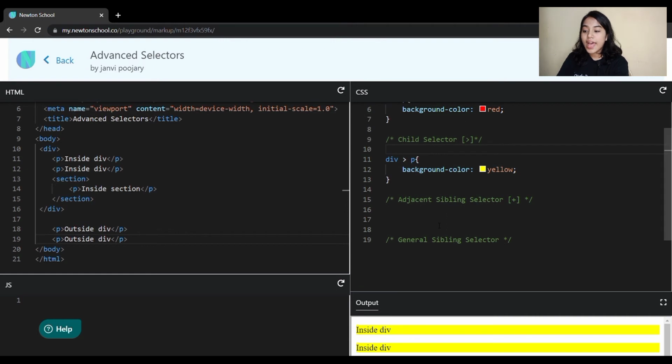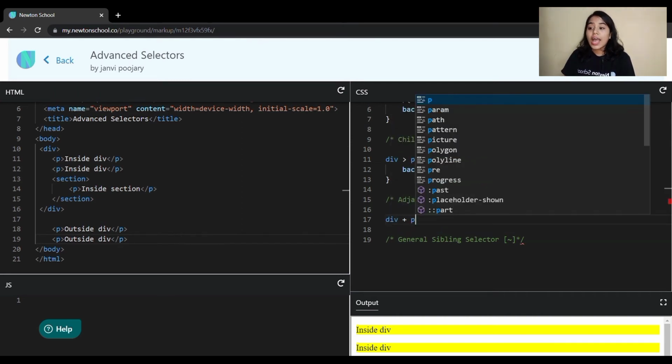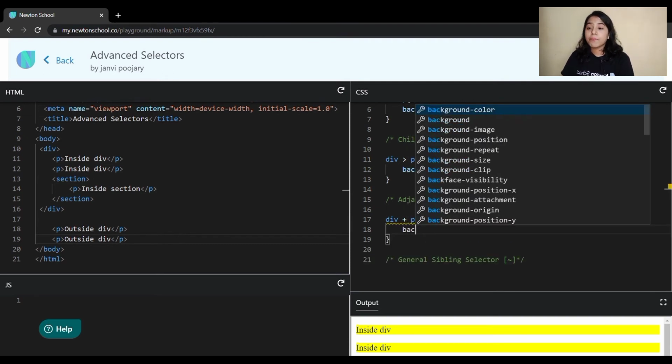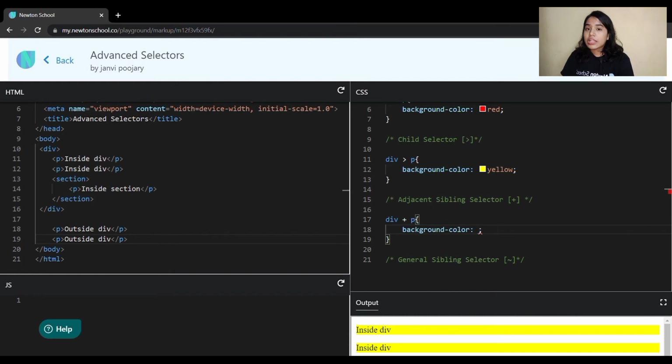Now here you will notice that we have one div tag, right, and inside that div tag we have two paragraph tags, and outside that div we have again two paragraphs. Now if I write div and then a plus sign, since that's how we represent the adjacent sibling selector, and we write p, and we write that background should be blue. Now what do you think, which paragraph tag will get selected? Tell me. Because logically speaking, the paragraph tags which we have in the div are the children of div, and here we don't want children, we want siblings.